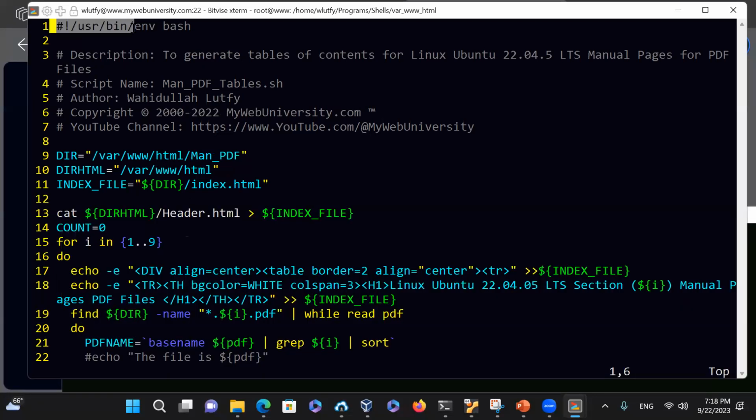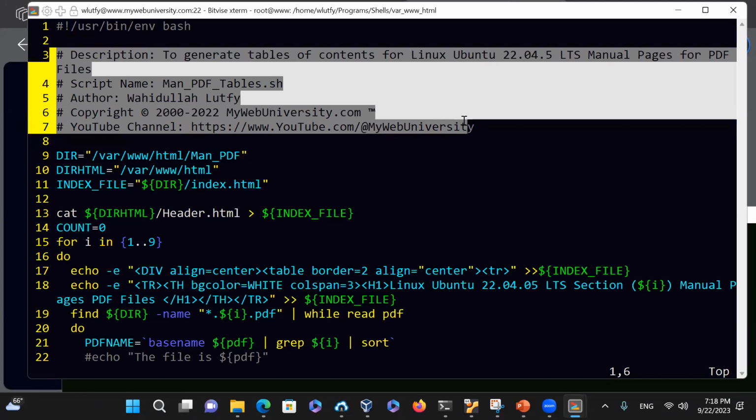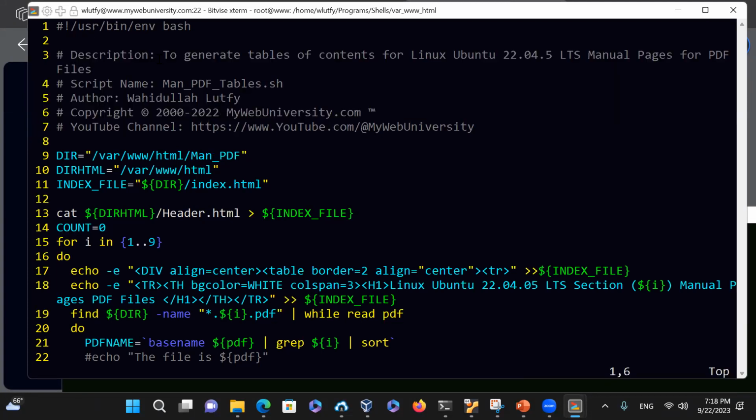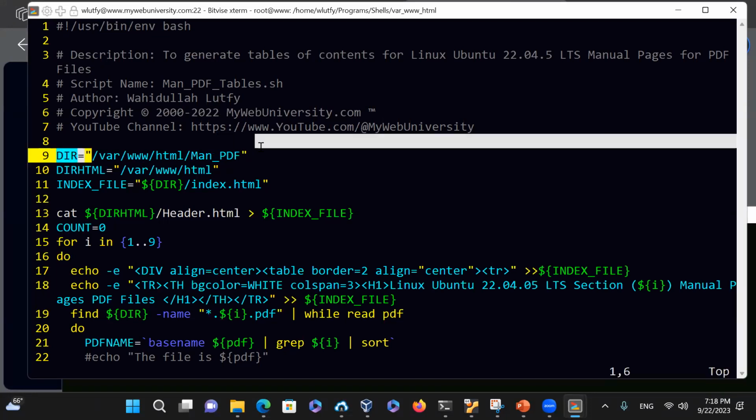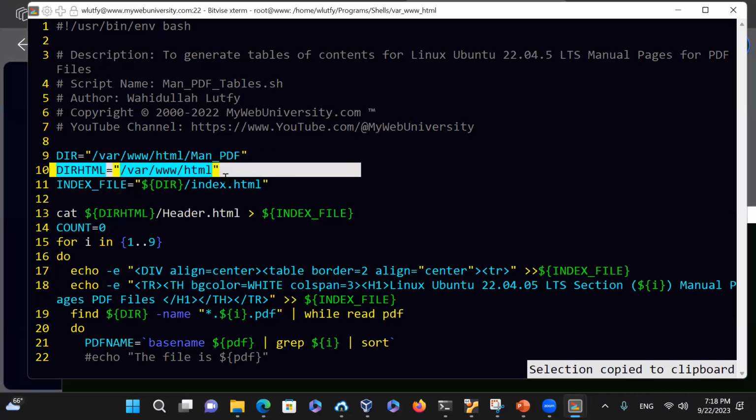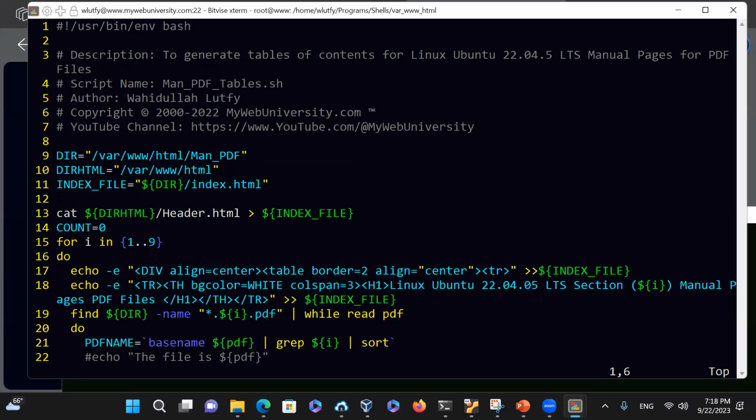So the first line was showing you env and bash is loaded. The next line that is there is a comment. You can have a one-line comment. You can also have the double less-than sign, and then some document, and then end with a document. You can have multi-line comments also there. And the syntax here for the dir, just declaring a variable directory that points to this path, and then the directory of HTML pointing to where all of that information I set it,